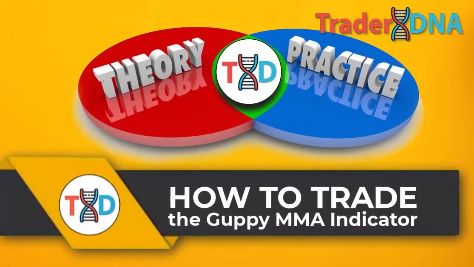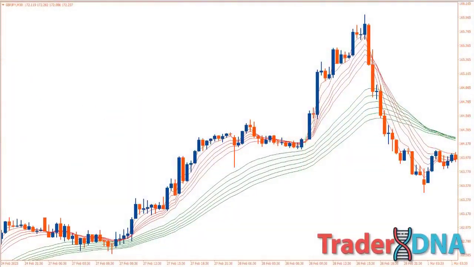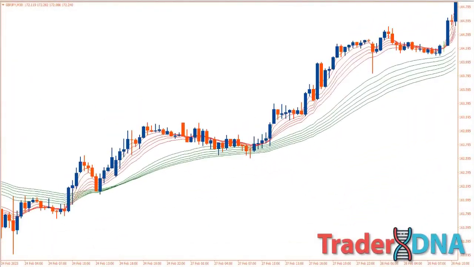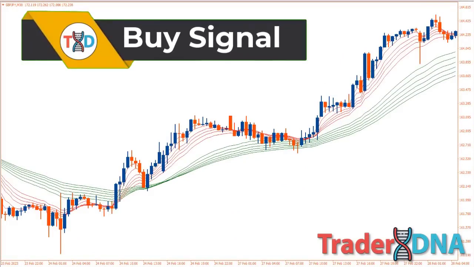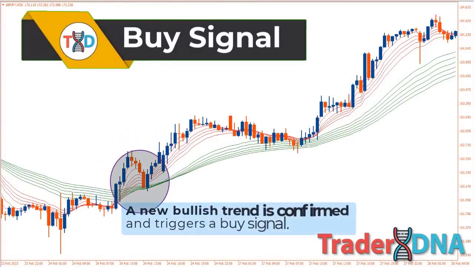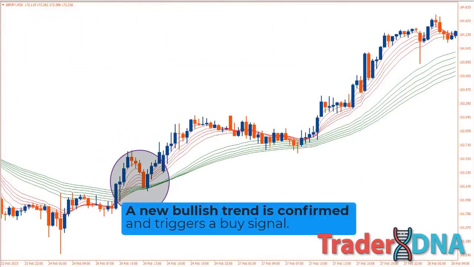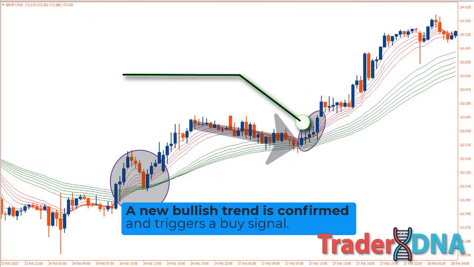How to trade the market with the Guppy multiple moving average. The GMMA indicator can be used for trade signals. Buy signals. When all short-term EMAs cross above all the long-term EMAs, a new bullish trend is confirmed and triggers a buy signal. During a strong uptrend, when the short-term moving averages move back toward the longer-term moving averages, but do not cross, and then start to move back higher, this signals another continuation of the bullish trend, and triggers